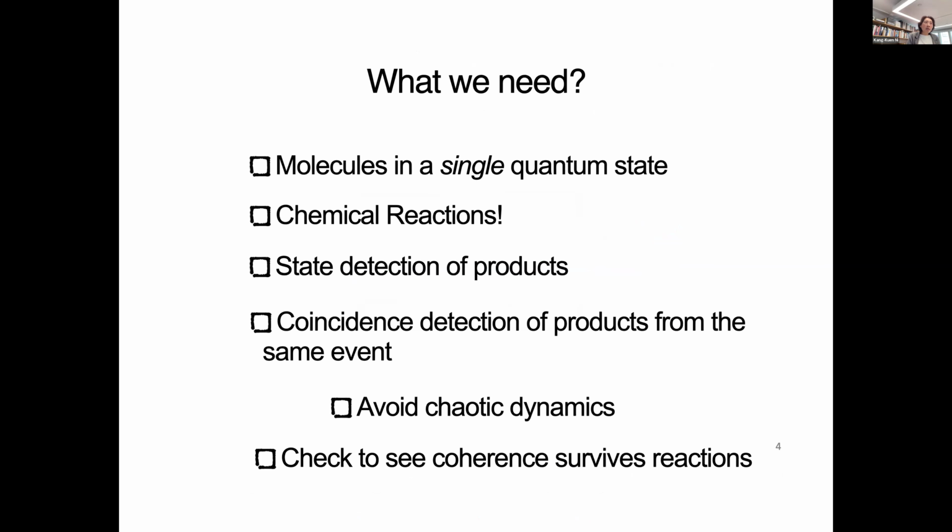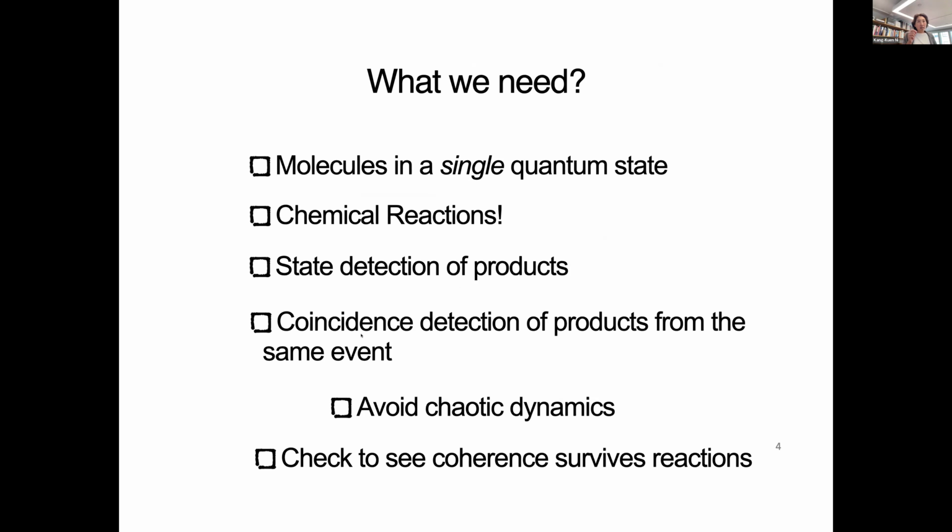So we need to begin with a molecule in a single quantum state, so we can, for example, prepare them in an entangled state. And then we need a chemical reaction to break up such a molecule into products. We need to detect the states of the products so that we can tease out any quantum correlation, but it's actually not just the quantum state of the product, but rather we